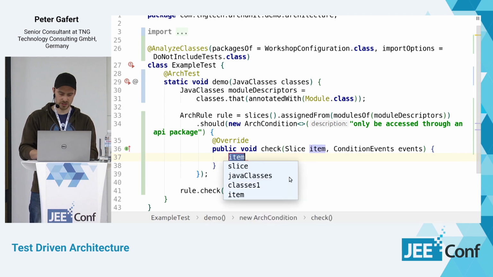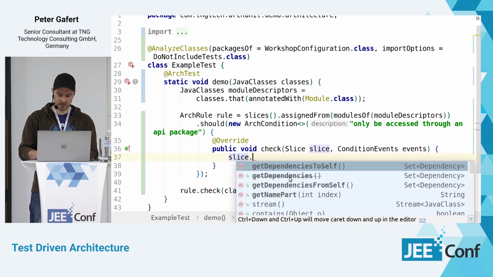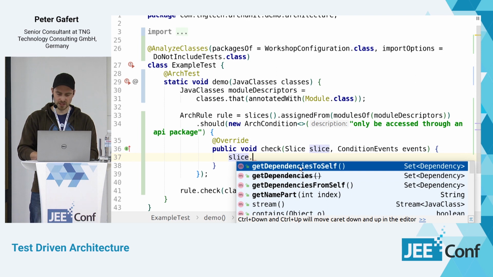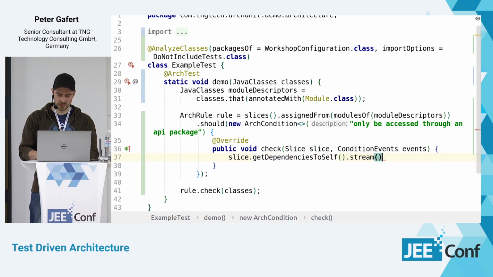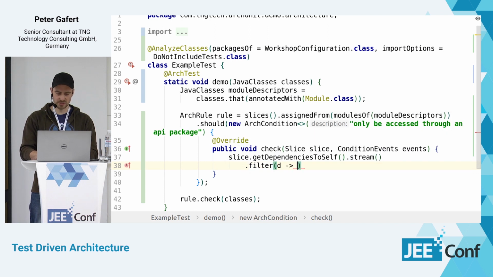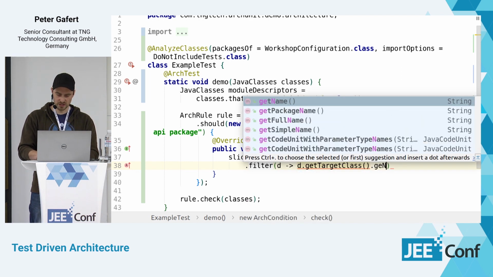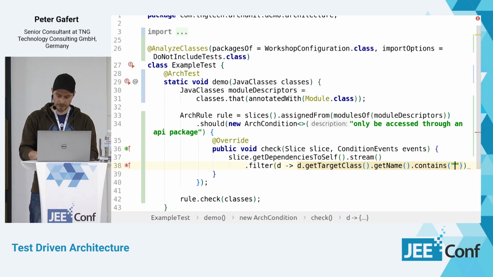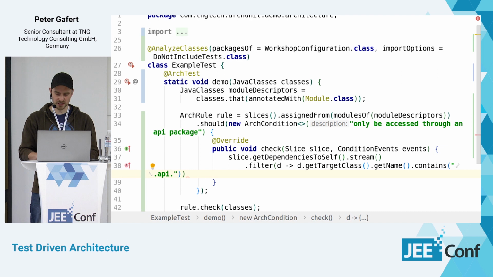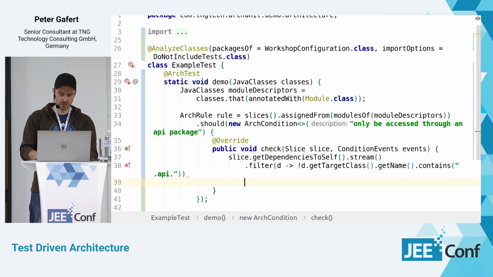And then I would start to say, okay, so I take the dependencies to my current slice, stream those, and filter the dependencies where the target class, which is in my own slice, if the name contains API, the fully qualified name, yeah. So the ones where this is not the case, the dependencies where the target is not in an API package, are the evil ones. So I could say, for each of these events, I add a condition